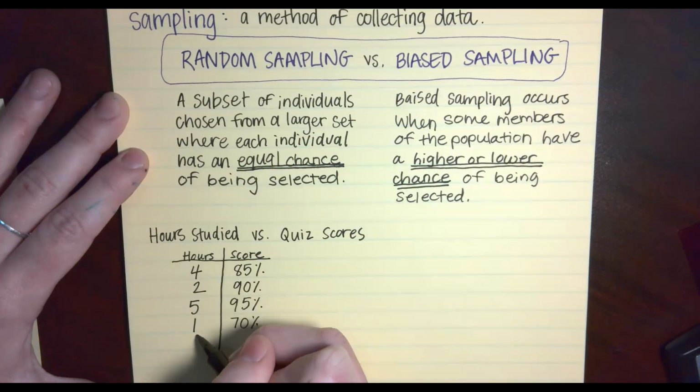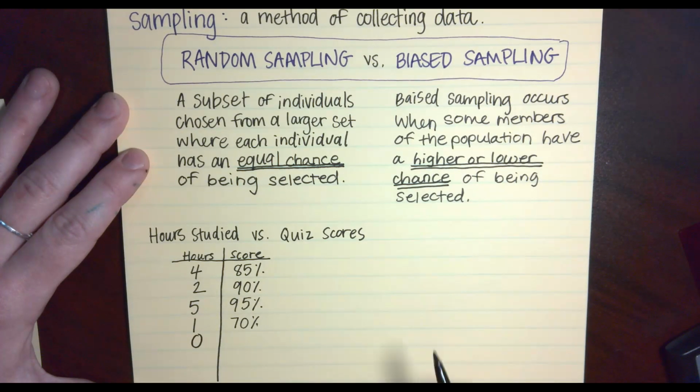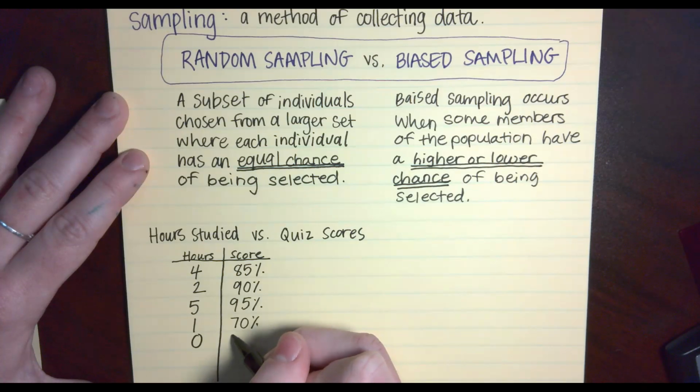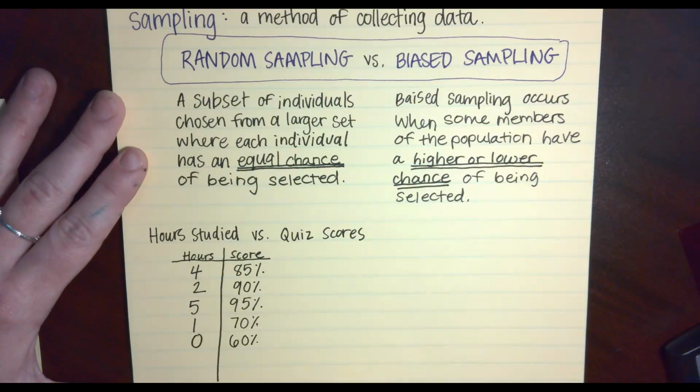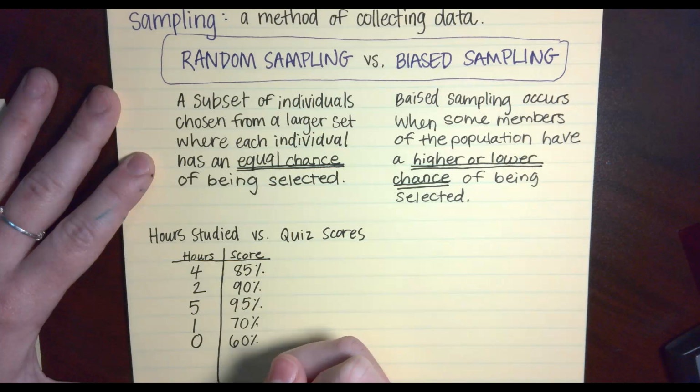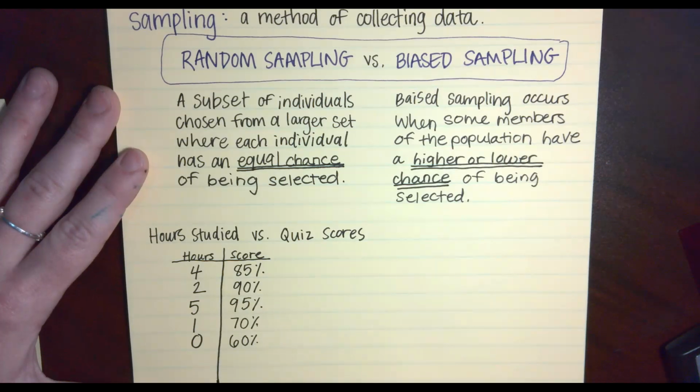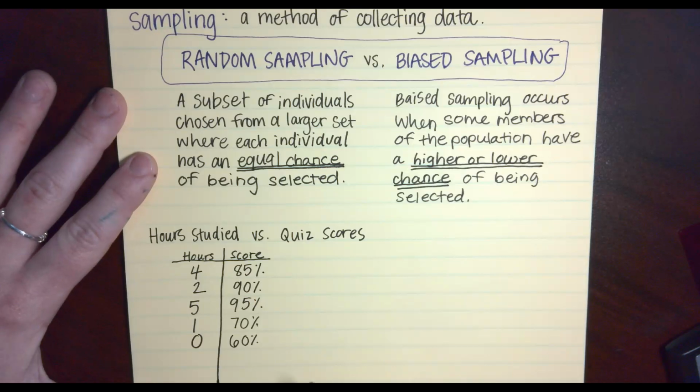How about somebody that studied for 0 hours and let's say they got a 60, they failed. They didn't study. So far, we have a positive correlation. Yes, we do have a positive correlation so far. And guys, we're going to talk about what correlation means here in a minute. So you're ahead of the game though, Erica. You're absolutely right.